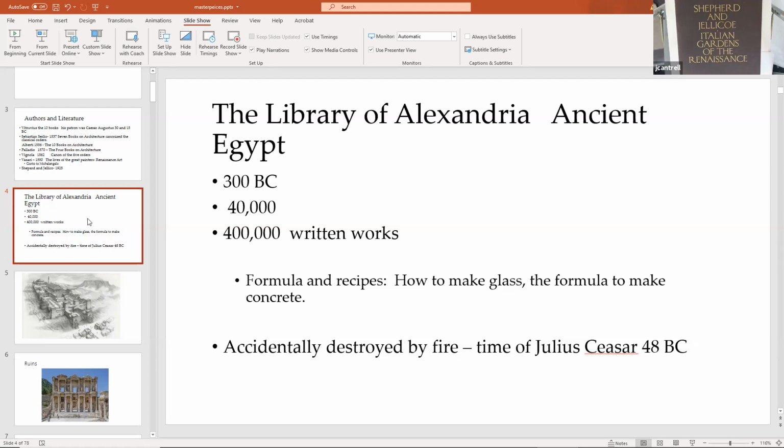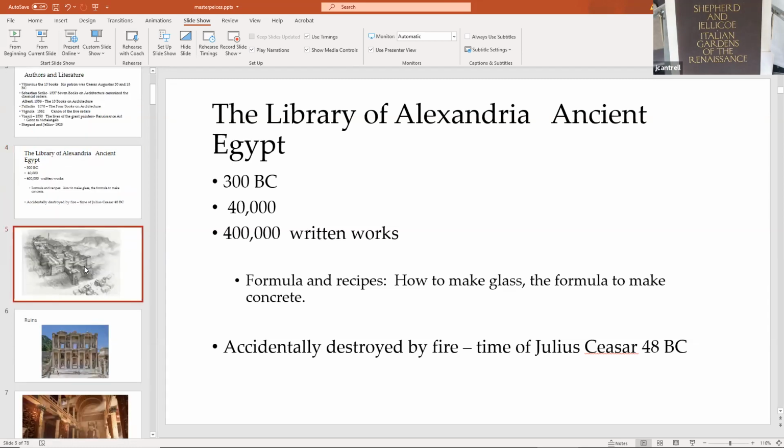Of course, I think you remember from history how to make glass in the Egyptian cultures. That was considered an accident because the sand accidentally fell on the kiln and melted and made a sort of semi-clear thin layer. But anyway, that's just some interesting speculation about what the writings were in there. Of course, there's theories and probably a lot of poetry. The library was accidentally destroyed by fire, possibly during the time of Julius Caesar, 48 BC. So the entire thing is lost, but we still have some recorded information of what used to be in that library. Here's the building.